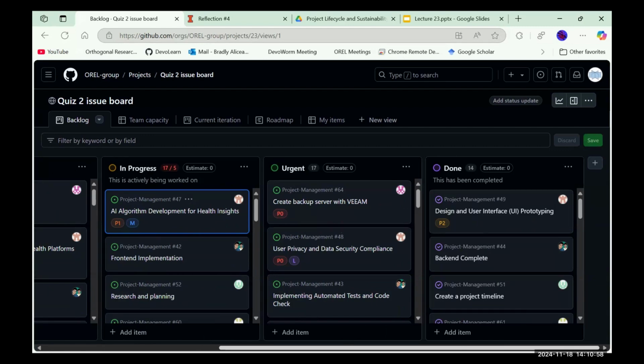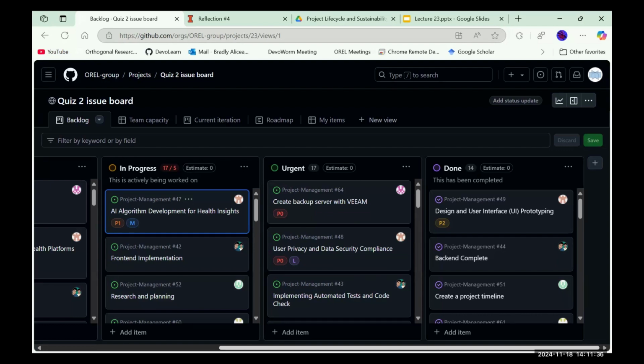And again, this is stuff that is going to be more specific to urgent. It should look urgent. Create backup server might be urgent. You can see that. User privacy and data security compliance is urgent. There's usually some quick deadline that comes up, like, can you get this done in 3 weeks, sort of thing. Usually those things aren't broken down into parts, although if something is urgent and you complete it, you say, well, there need to be follow-up things. Then you put them back in the in progress, or you put them back in the to do. Again, very dynamic process.